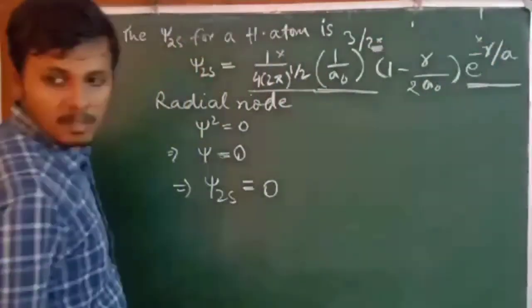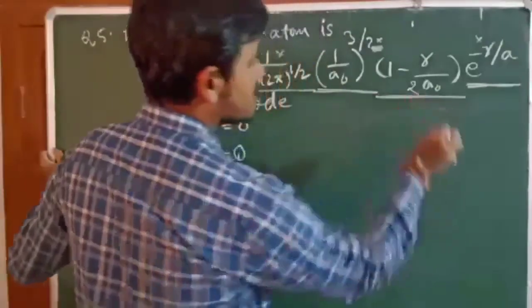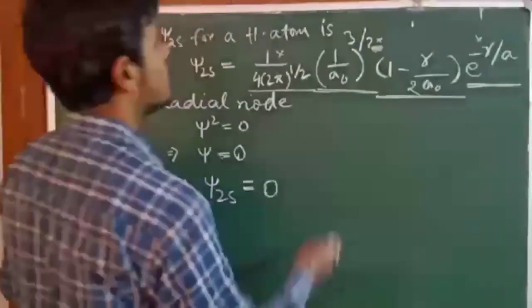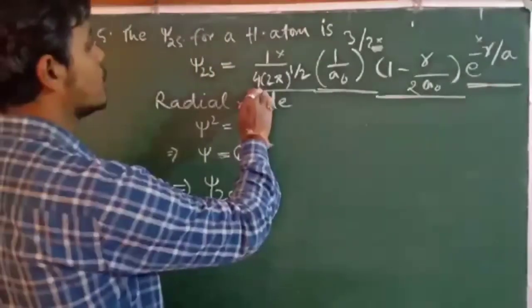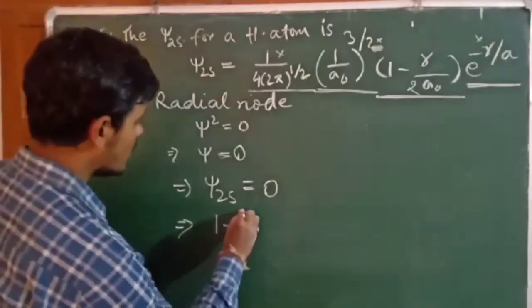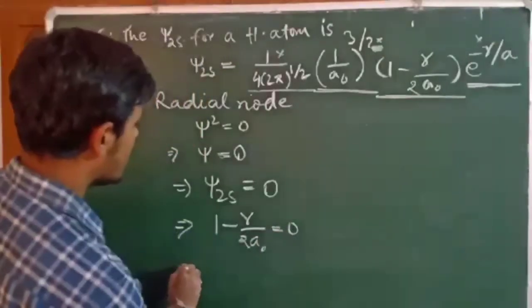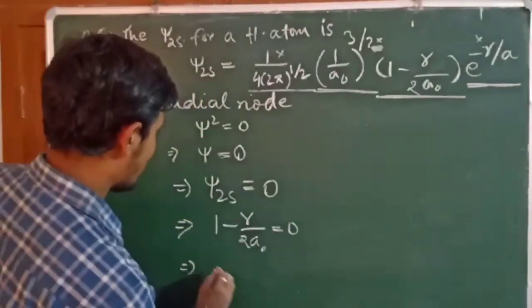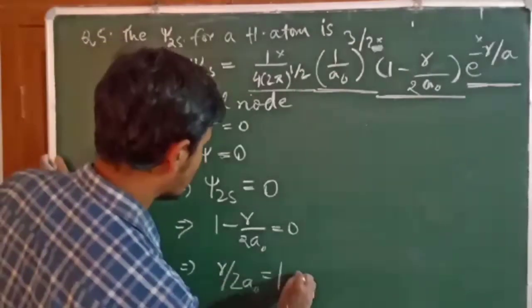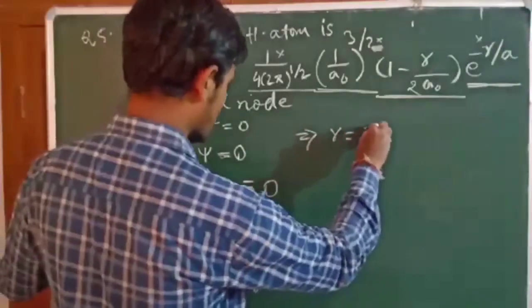That means 1 minus r by 2 a naught can only be 0. All the others can never be 0. The exponential term can't be 0, 1 by a naught is not 0, and 1 by 4 into 2 pi to the power 1 by 2 is also not 0. That means you can write 1 minus r by twice a naught is 0. That means I get r by twice a naught equals 1, or r equals twice